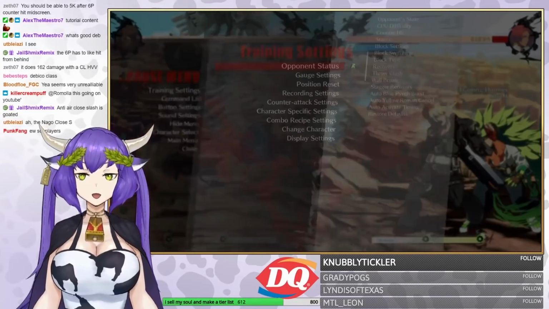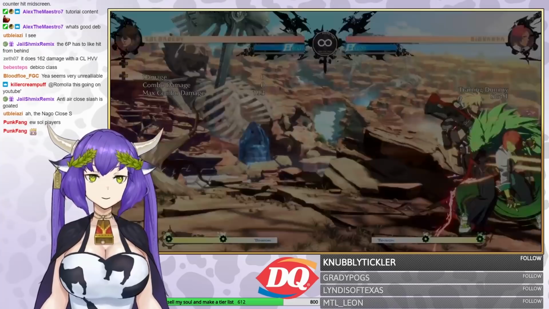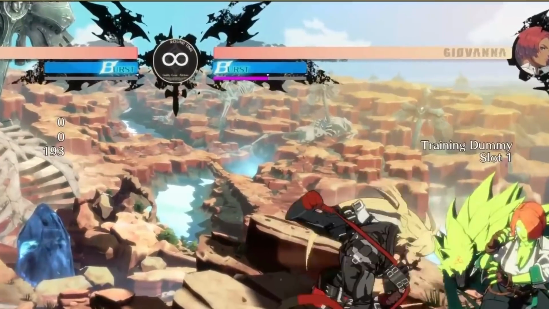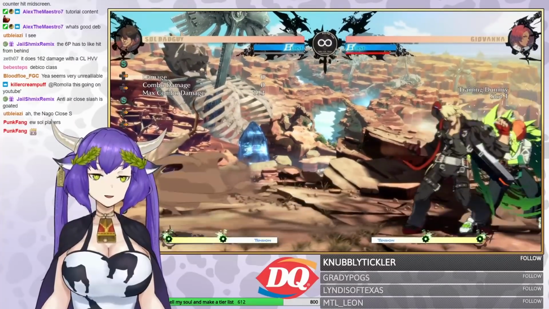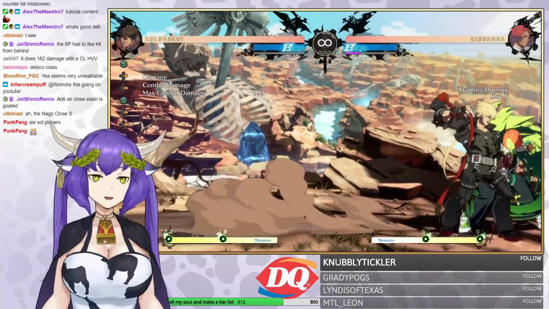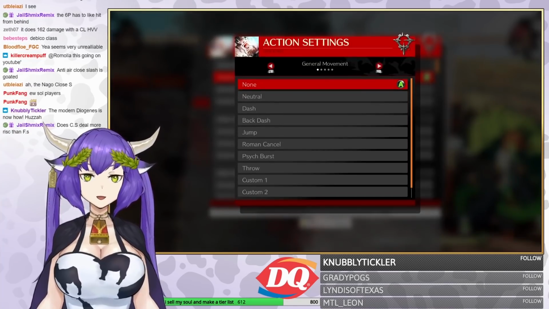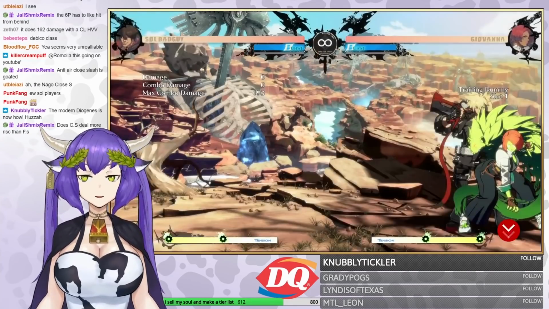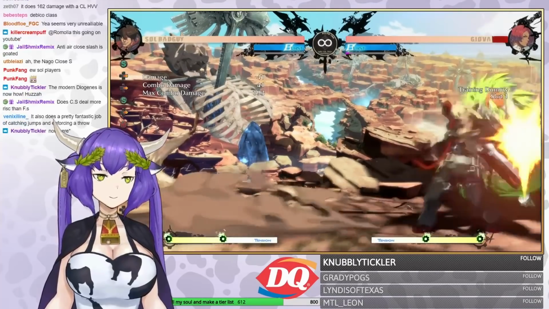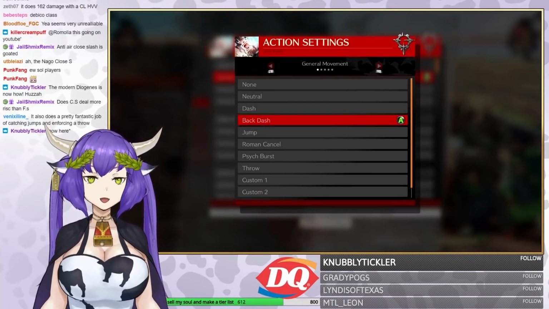This builds a lot of risk. This builds a shit ton of risk. In fact, I believe it builds 20 risk. Not 20, but pretty close. So this is a good move to spam, to abuse on them if you think they're just going to respect you. The benefit also is if they try to backdash, that will catch them too. If they try to jump,